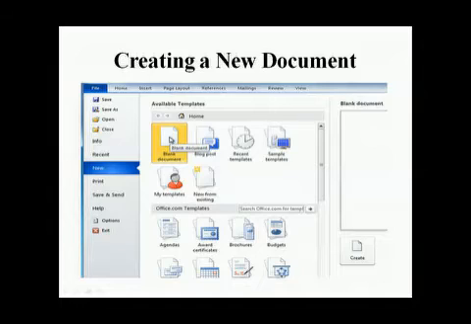Select the blank document option from the available templates section and click on the Create button. The new document will appear. It will be more clear when you do the practical practice. Once you have the new blank document, we will move to the next.